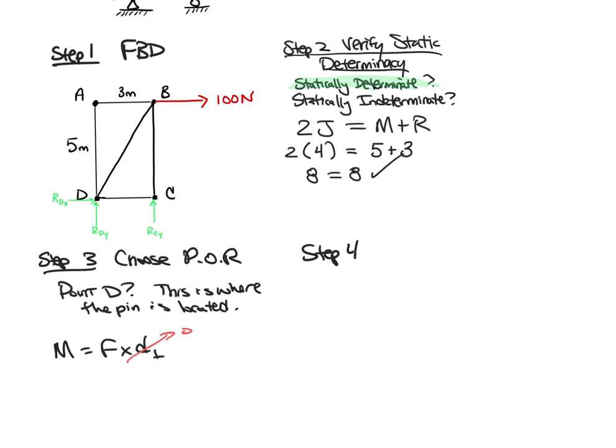So step number 4. Again, we're going to take the sum of the moments about the pin connection, set it equal to 0, and by convention, any moment going counterclockwise will be positive. This is our rotational equilibrium equation for our equations of equilibrium. All right. So here's my equation. The sum of the moments about point D is equal to